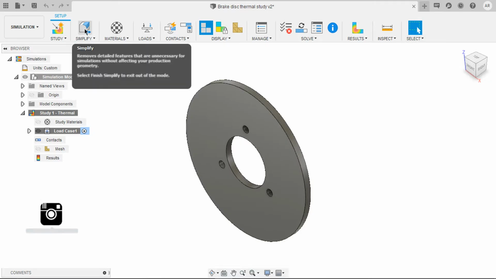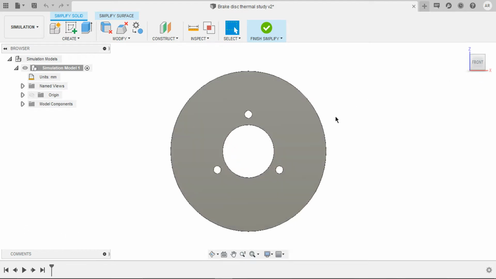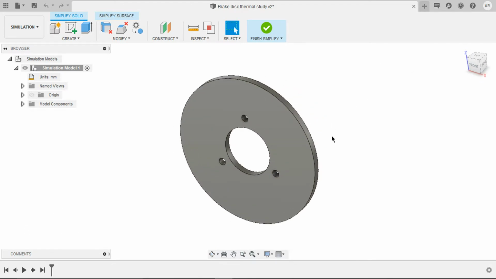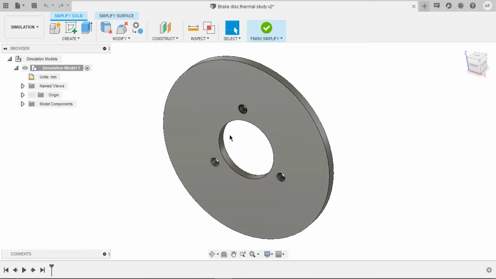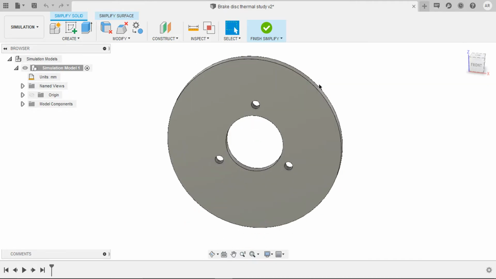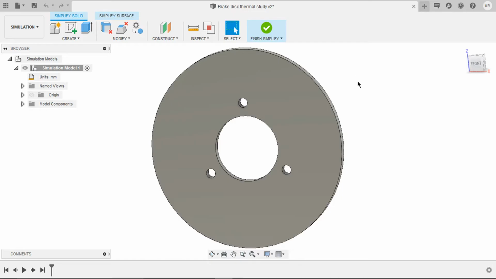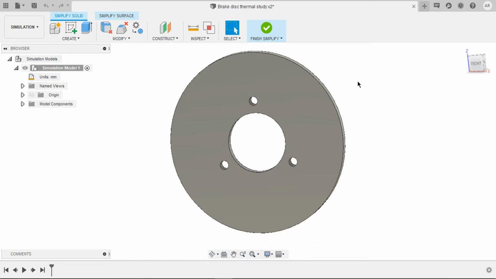And then we have simplify. I'm gonna click on simplify. If you observe here, this is a brake disc and the disc is fixed with the help of these bolts, and the caliper is mounted on the surface which applies the pressure and stops the disc, thus reduces the speed of the vehicle, right? And if you consider that as a real case scenario, we have to split the face of the disc in such a way that it matches the area of the brake pads.